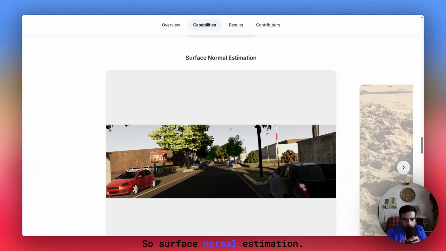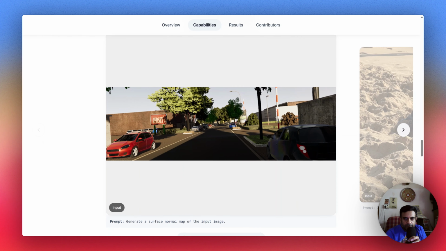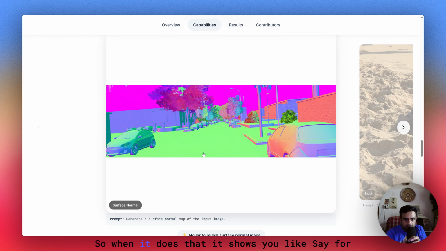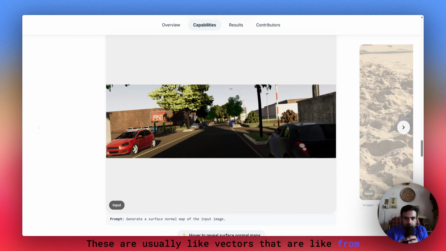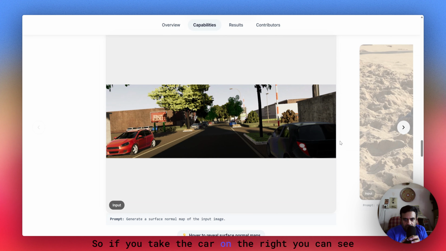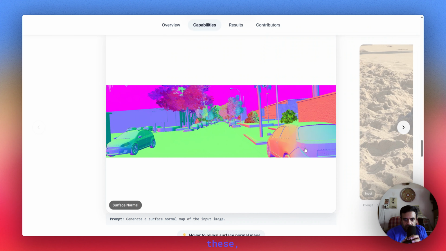So surface normal estimation. Let's see what this does. Generate a surface normal map of the input image. When it does that, it shows you vectors that are visualized, right? If you take the car on the right, you can see that the vectors from this surface are all having the same surface normal, and this part is also going to have the same surface normal, whereas this